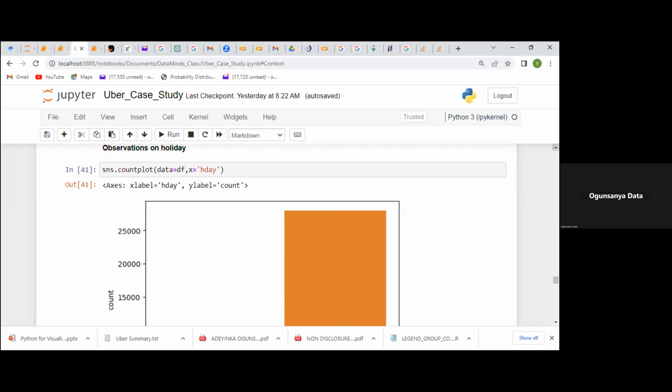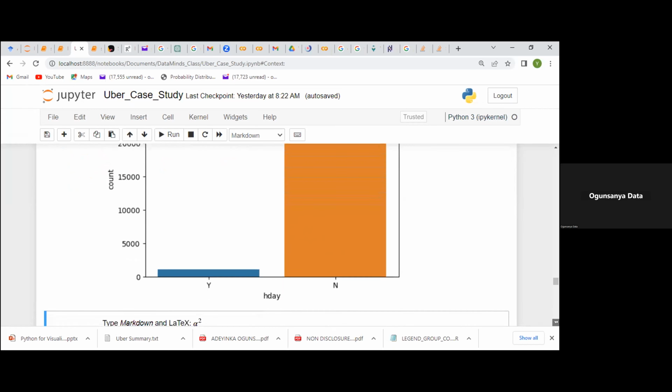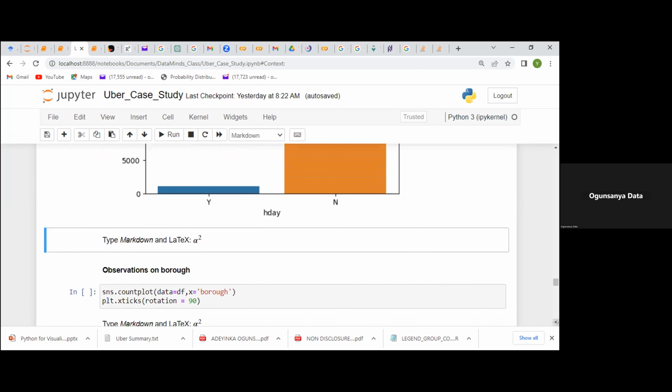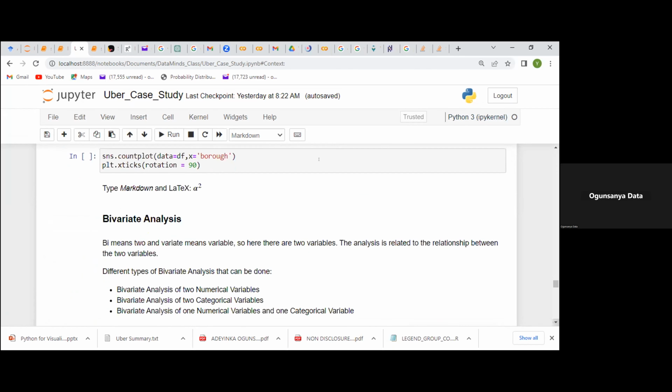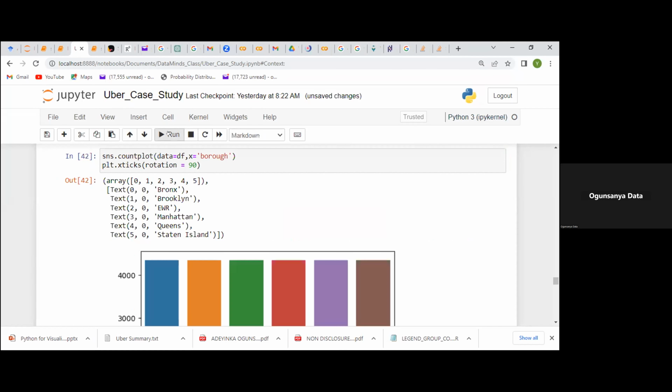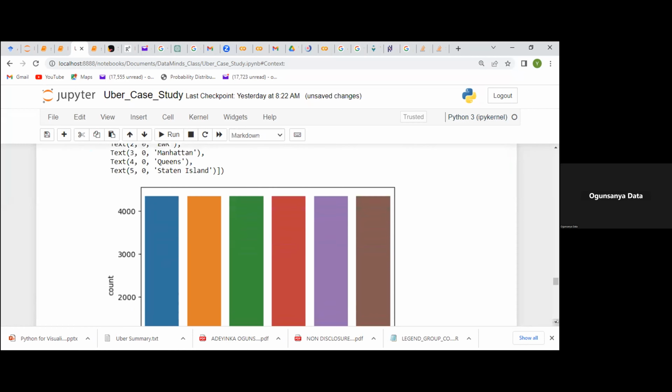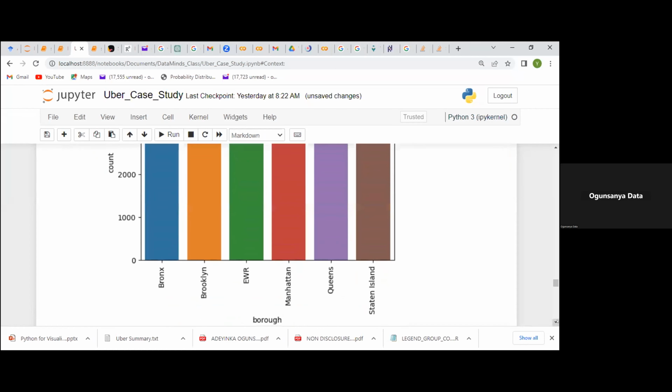Sometimes it shows that most of the people that use this are not using it because they're on holiday, but it could be for something which we can later dig into for further analysis. Okay, so we look at the count based on